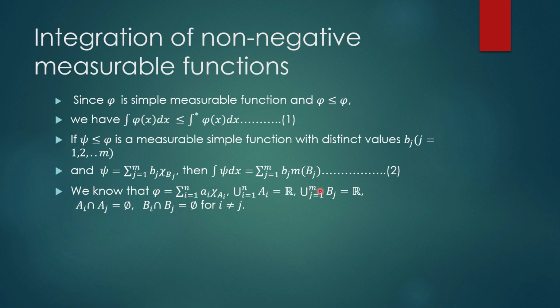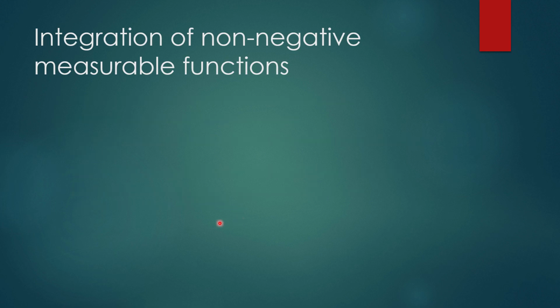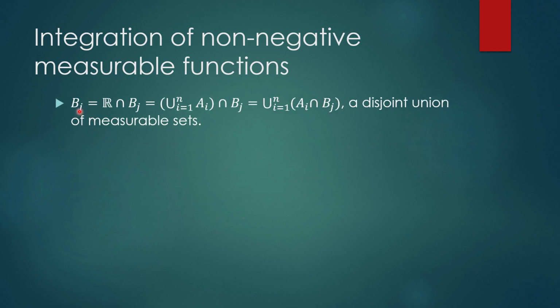Similarly, the union of bj should be equal to R. Okay. ai intersection aj is empty if i is not equal to j. Similarly, bi intersection bj is also empty if i is not equal to j. So bj is exactly equal to R intersection bj, but R you can write as the union with i running from 1 to n